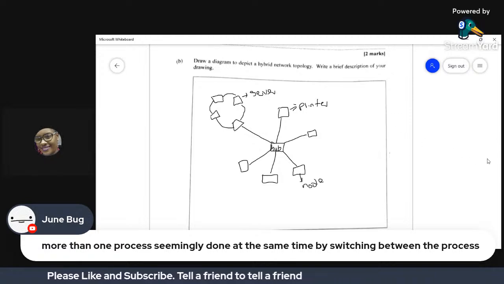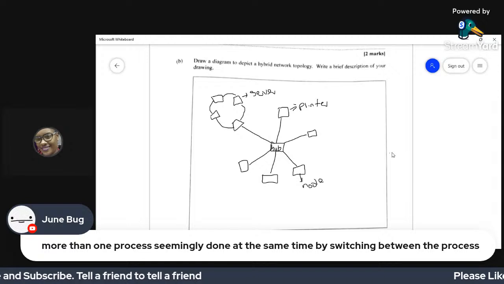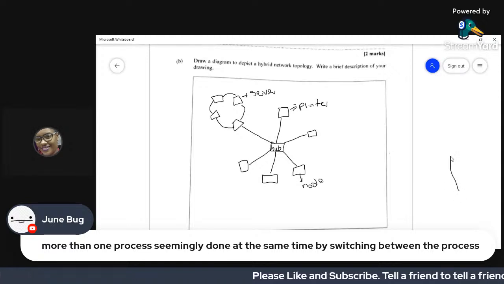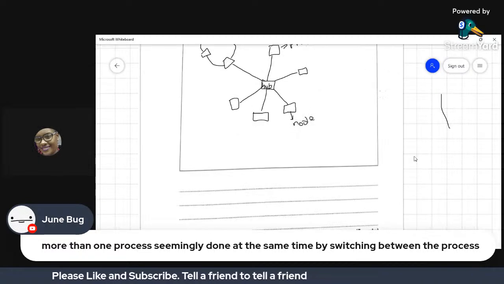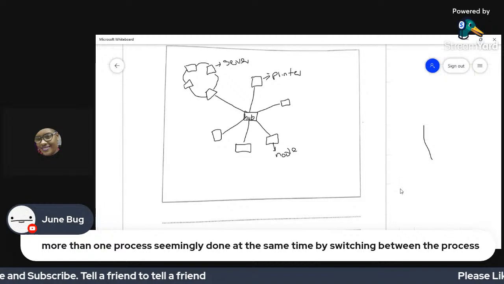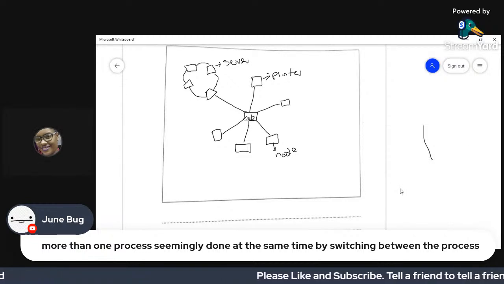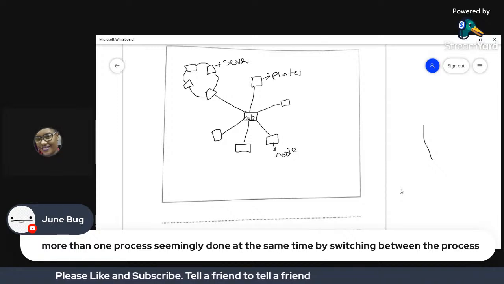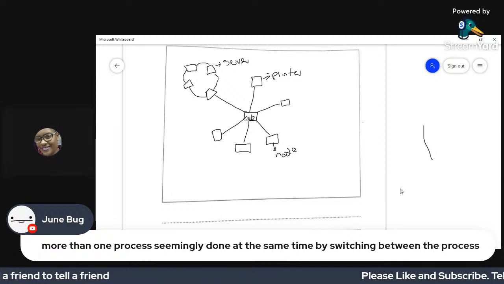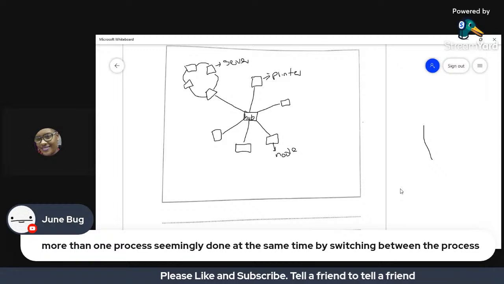Then you would provide a detailed, it says write a brief description of what you have in your drawing. So 7 marks. Most of the marks are more than likely going to be on the diagram and the remaining on the description. So let's put it at 4 for the diagram and 3 for the description, or possibly 3 and 2 looking at this.